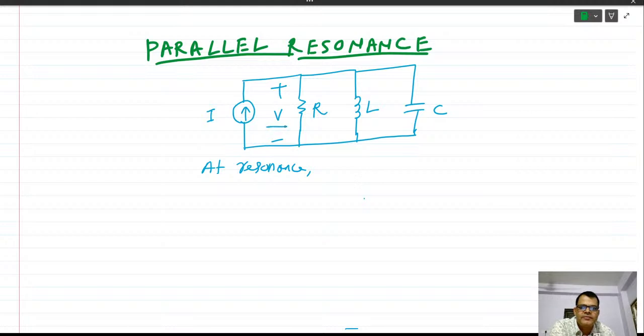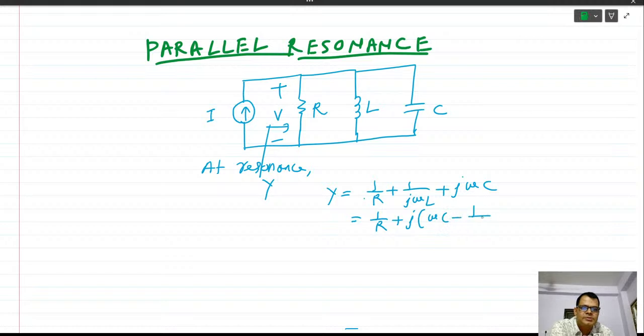So instead of finding the Z here, you should find the Y. So Y is equal to 1 upon R plus 1 upon j omega L plus j omega C. This is your Y. Rearranging a little bit, 1 upon R plus j(omega C minus 1 upon omega L), and this, for resonance,